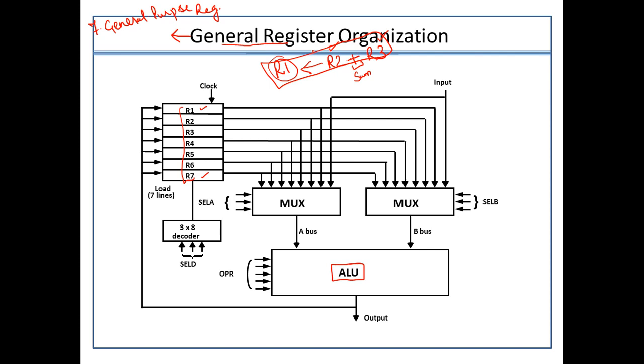In order to work upon such functionalities, this diagram will play its role. So the idea is that here I am using this mux number 1, and this is mux number 2. It's mux B and this is mux A, because it is using selection lines here. Try to understand the meaning. In total there are 7 inputs. So 7 inputs are coming here to each and every pin associated with this particular multiplexer.